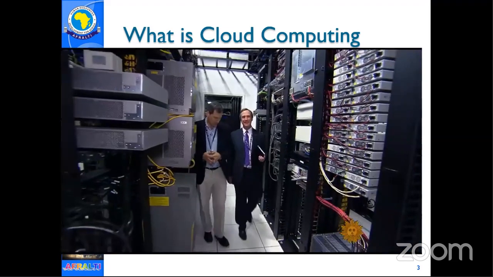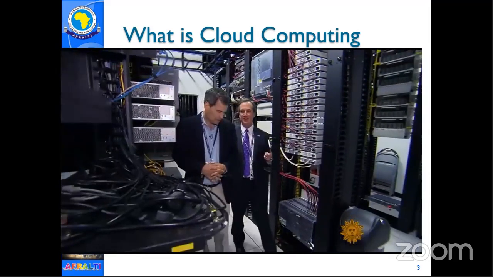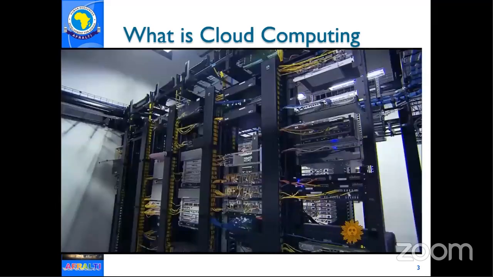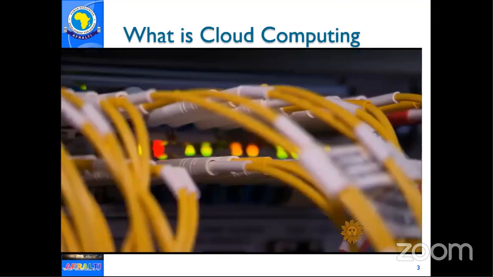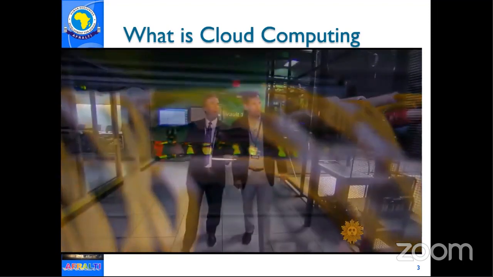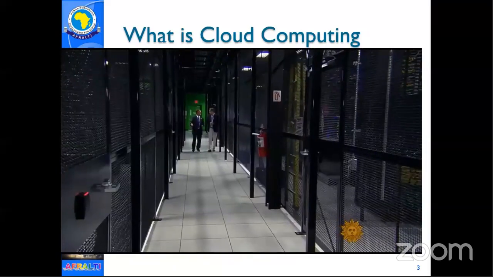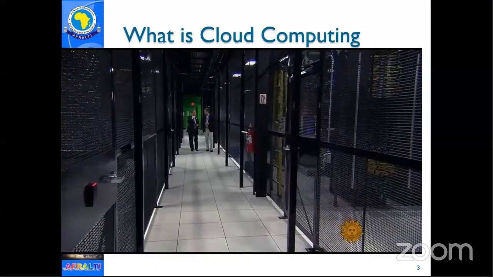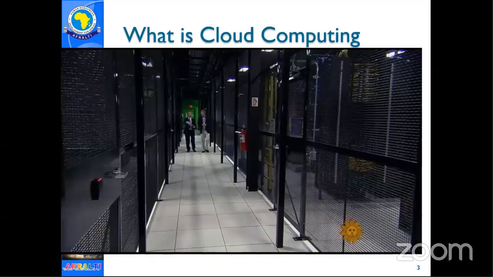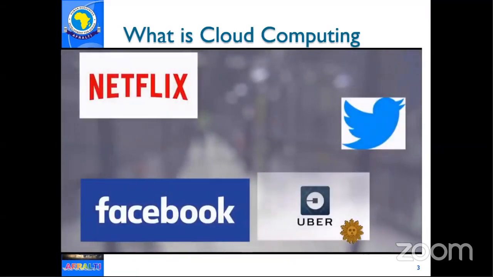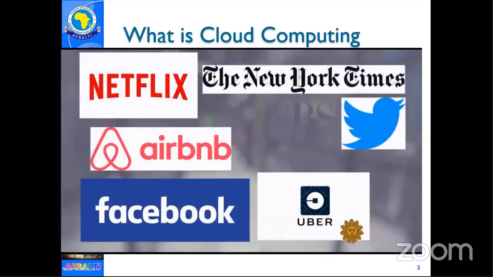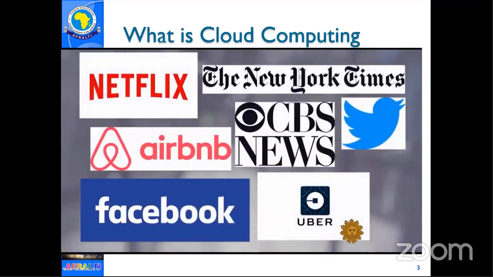Just racks and racks and racks of powerful computers. This is the internet. This is the cloud. Basically, in this room, ballpark, there's about 3 million websites running right now. For security reasons, they'll never tell you whose websites. But every site and app you've ever heard of, Facebook, Twitter, Netflix, Uber, Airbnb, the New York Times, even CBS News, lives in data center cages like this one.